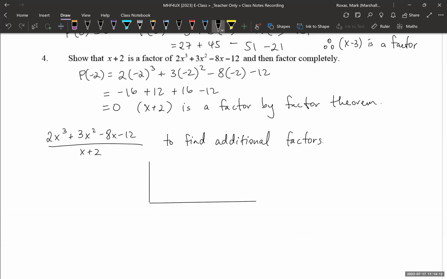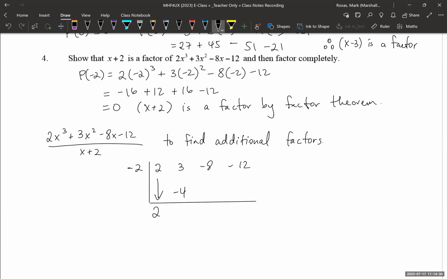Let's put in our chart the leading coefficients. So we have 2x cubed, 3x squared, minus 8x, and then minus 12. And then we have a minus 2 as our divisor on the side. Then we carry out the steps again, bring down the 2 to the third row, multiply by -2, we get